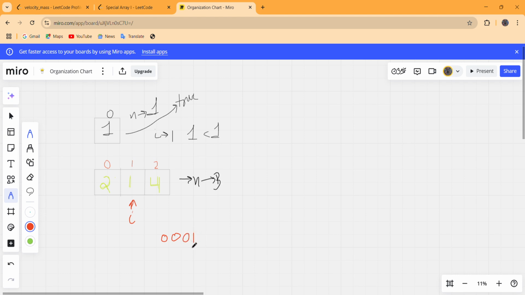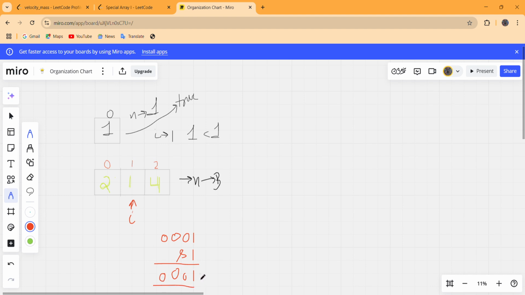Basically at the 0th place 1 is there, and the other 31 bits are initialized with 0. And the bitwise AND with this will convert 1 and 1, that means true and true, to true, and the other bits are 0, 0.